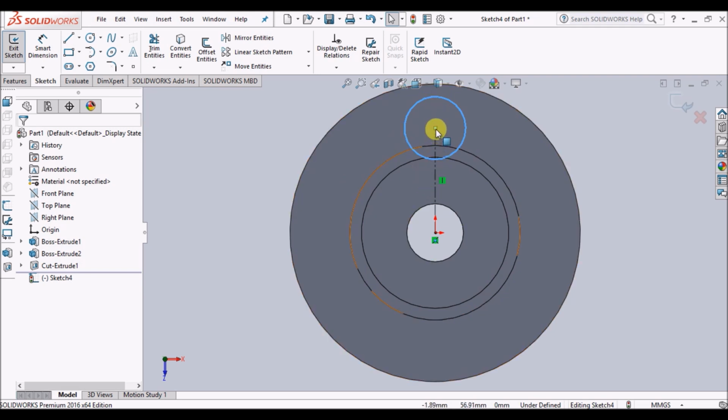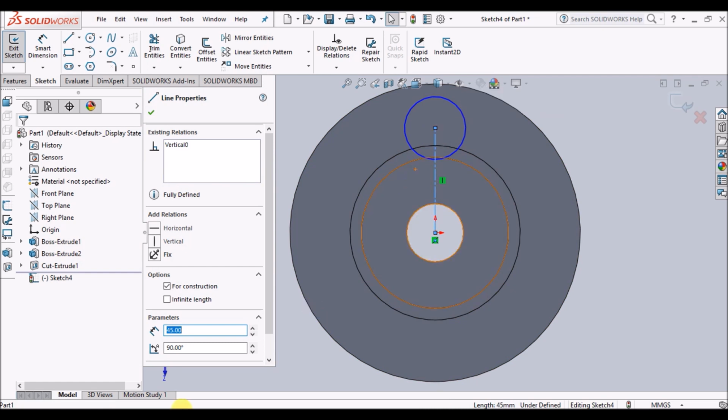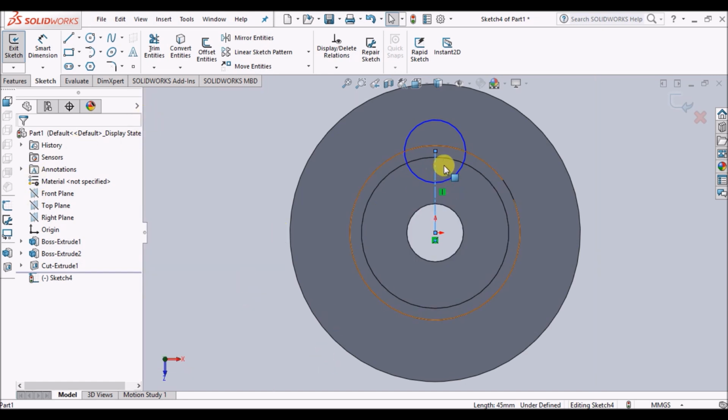If you see this circle, the center line of this circle is not coinciding with the center line of this object. So for doing that, just click on this line, and instead of 45, just make it 35 and click on OK. Now if you see this, we have the center coinciding with the center line of this. For now you can delete this line